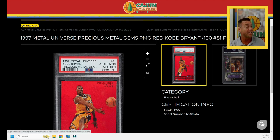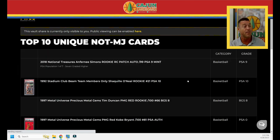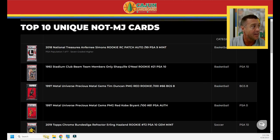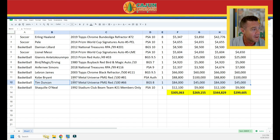So, 2 PMG Reds. I don't have hardly any PMG Reds left in my collection. It's very sad and very nostalgic and it brings back a lot of memories, but a lot of those memories involve a lot of stress and anxiety because those cards are expensive as hell and they bled me dry. And selling all those cards is what's given me the war chest of funds to go buy the cards that you guys see on these mail days, which are the cards that I really do want to keep long term, primarily Jordans and LeBrons and Giannis's, and then a few set chases on the side. Last card on the list is my best Shaquille O'Neal card,